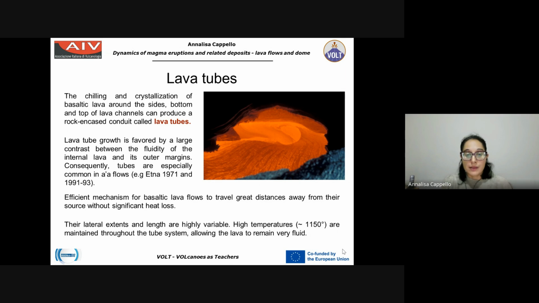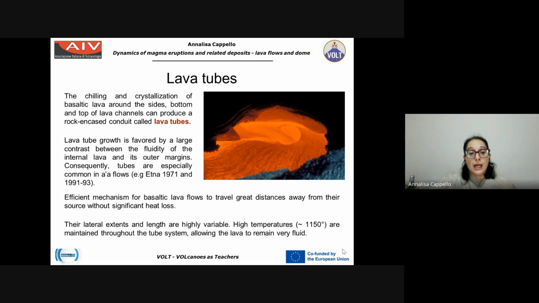This phenomenon, as I told, is very dangerous, because the surrounding lava cools and insulates the interior lava, which is relatively hot, and it's prevented from further crystallization. So the lava continues to flow inside the lava tube with very high